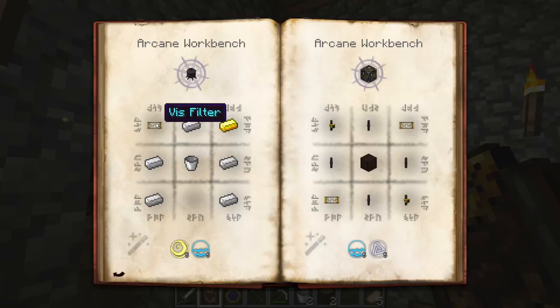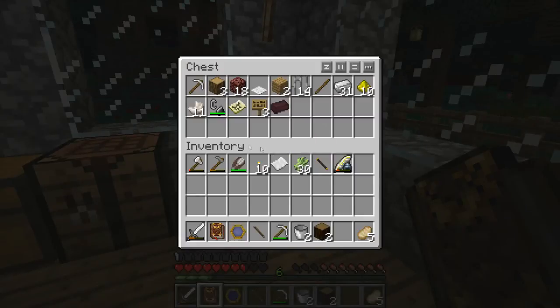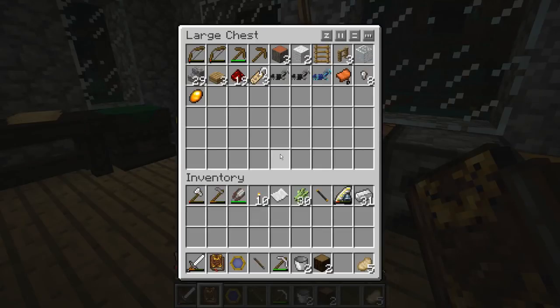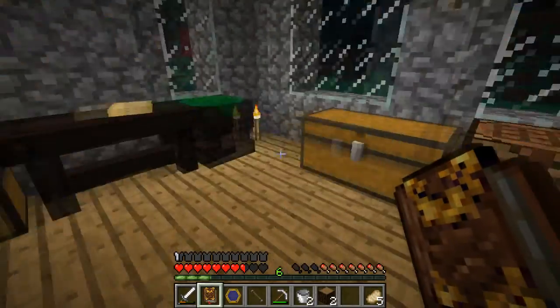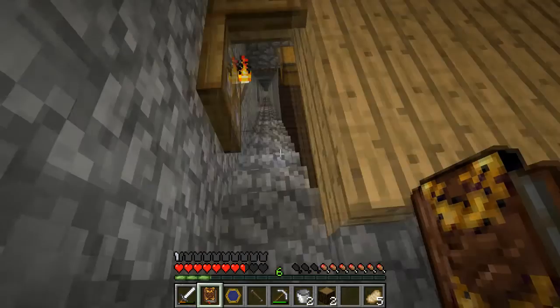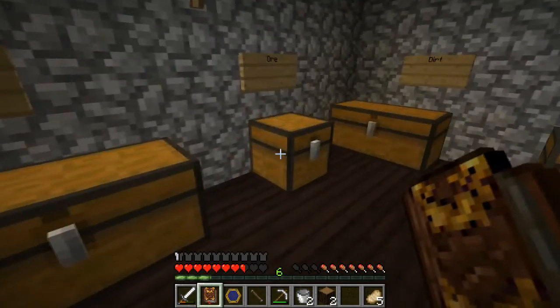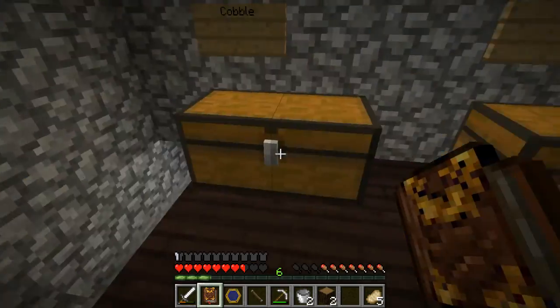You get 2 per craft. 1, 2, 3, 4, 5, 6, 7, 8. Do I have 8? Do I even have enough iron? We'll start with 2, and then we'll go. Oh my god, do I not have any gold? I'm gonna have to go gold searching again? That's gonna suck. I could have sworn I had more gold. Did I accidentally put it in one of my other...